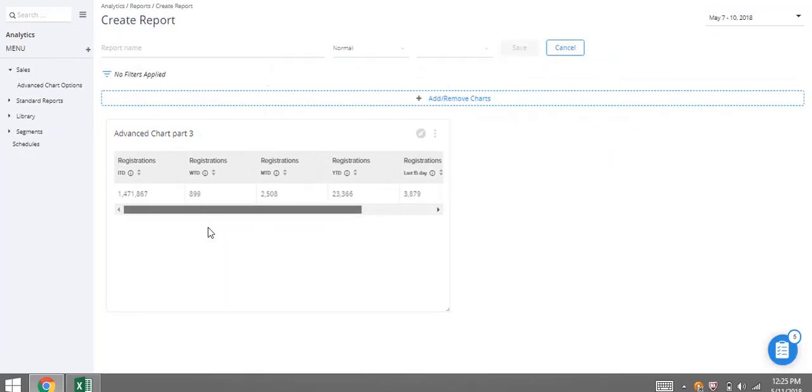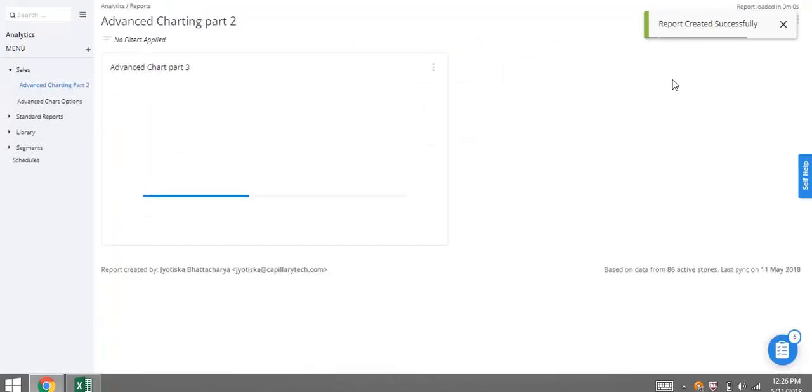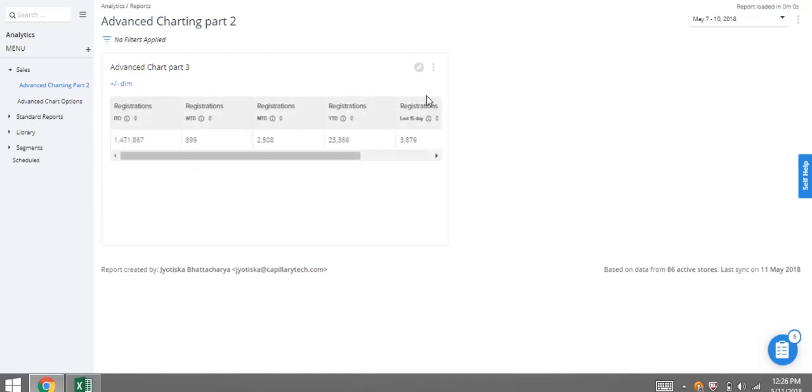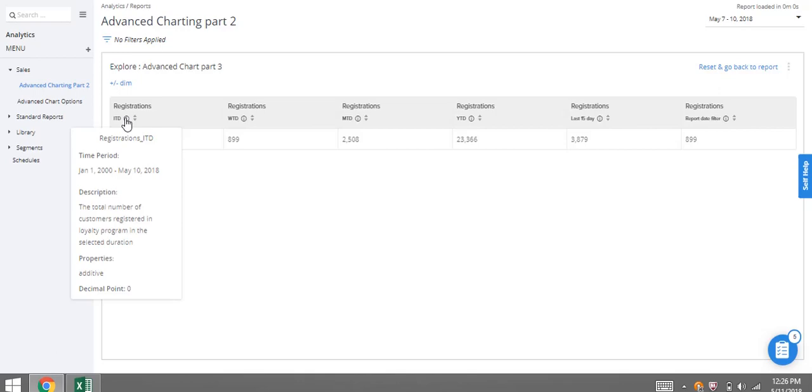So I have all the information here. Advanced charting part 2. As you can see in this chart, I have inception till date registration, which is starting from January 1st 2000, which is way beyond the reporting start date, which is May 7th.